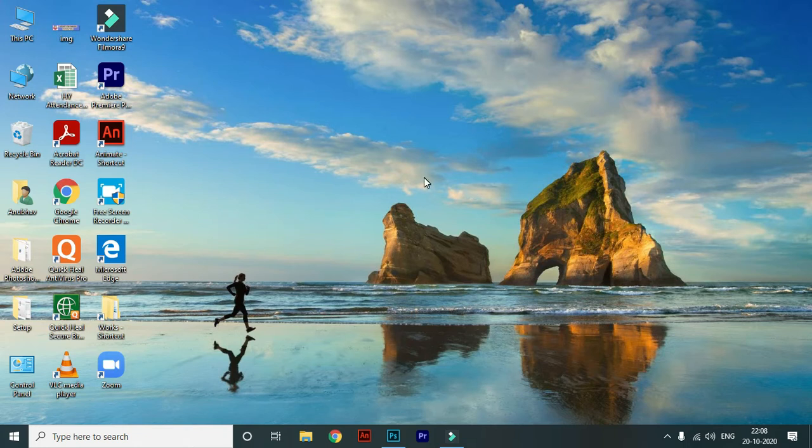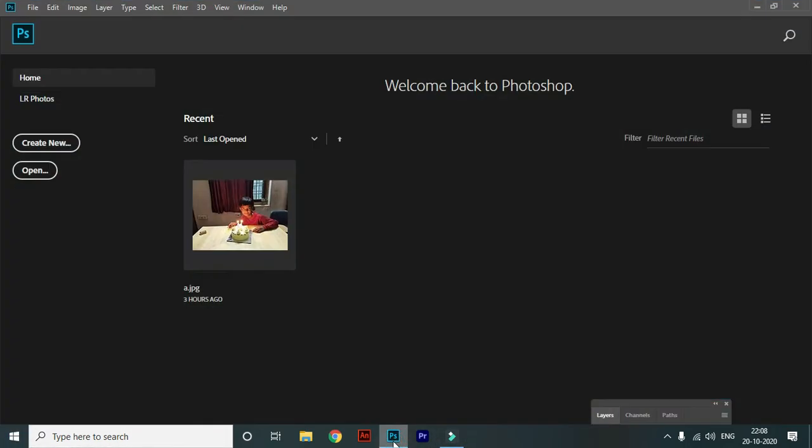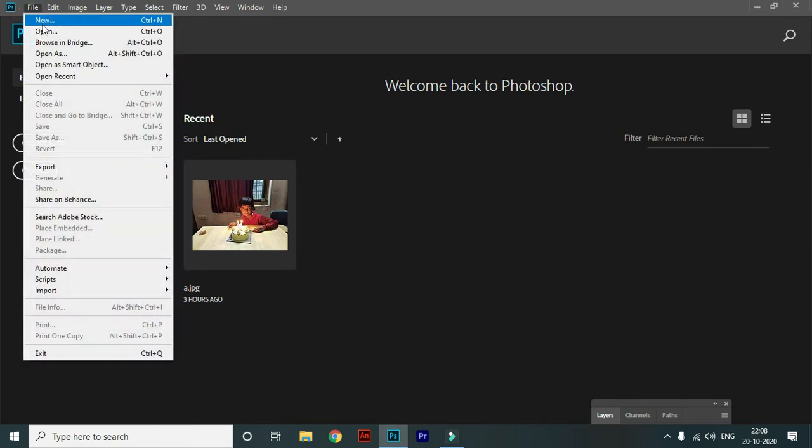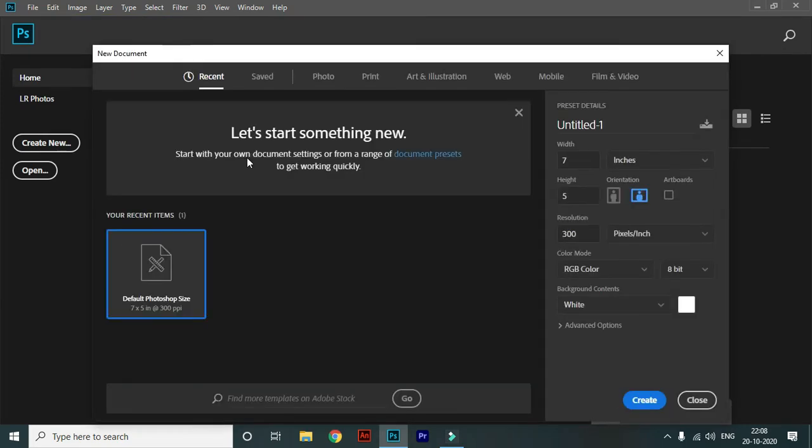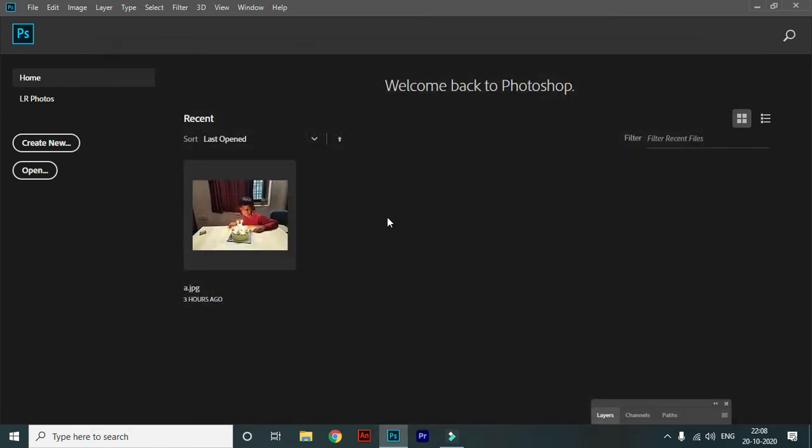So first of all we have to start Photoshop. Now here is Photoshop CS. Here is new project, click on new and select its photo like that.